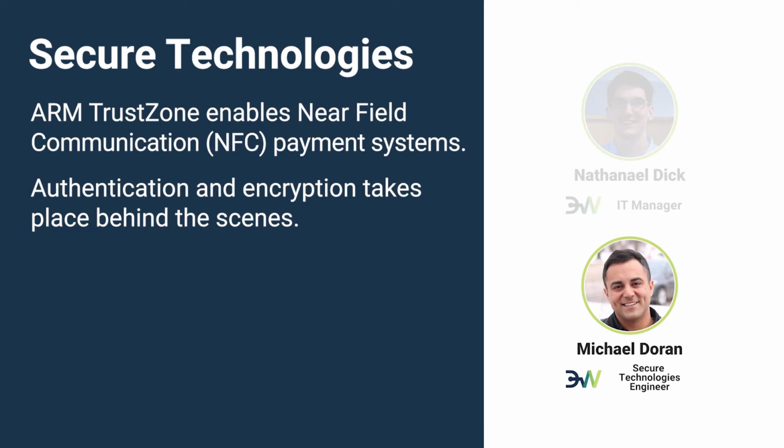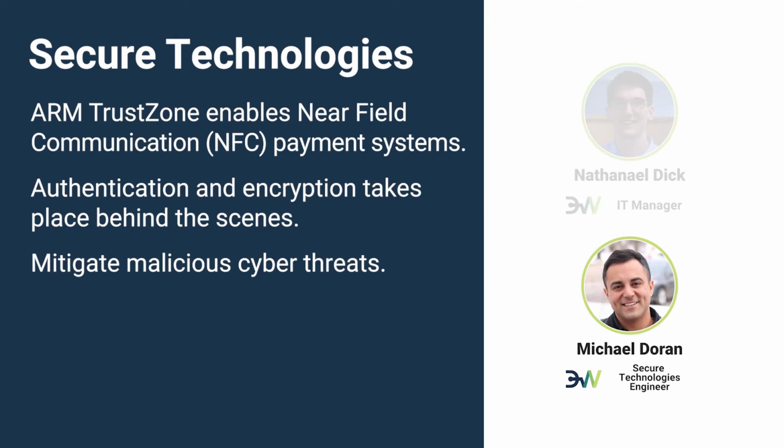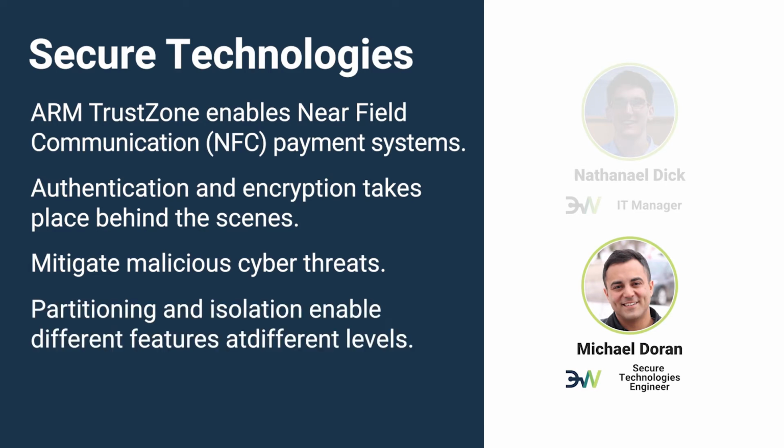So whenever you hear in the news that so and so has been hacked, credit card numbers have been leaked, or PII has been divulged, a lot of what ARM TrustZone can do is mitigate the ability for someone to add a tracker to a POS and collect all that real-time information. So you're really building it at lower levels as well as the software level. Correct. Yep. And that's the cool part about the isolation mechanism, is that if you can truly keep these things